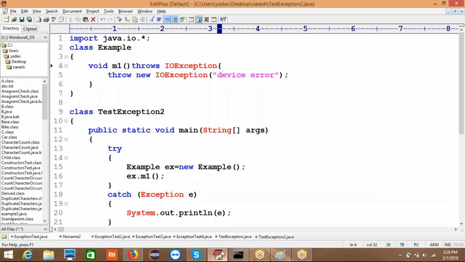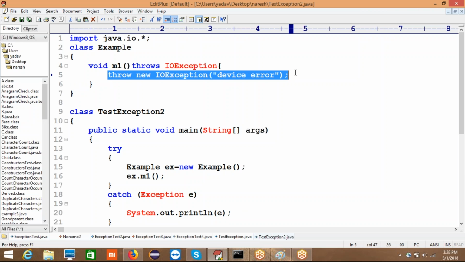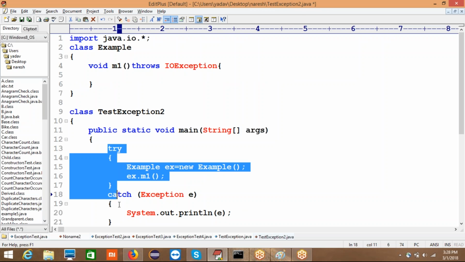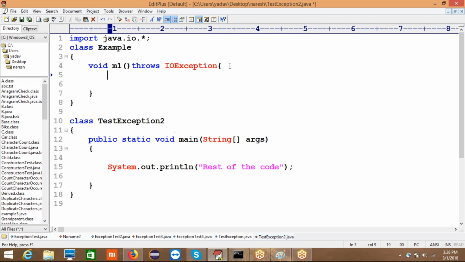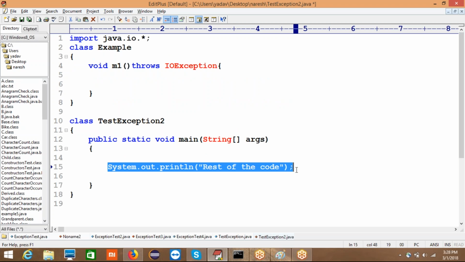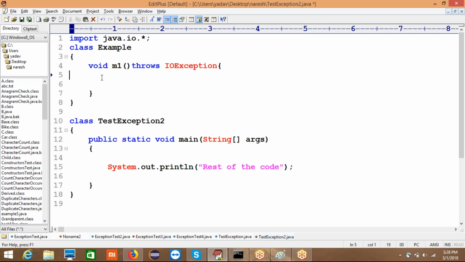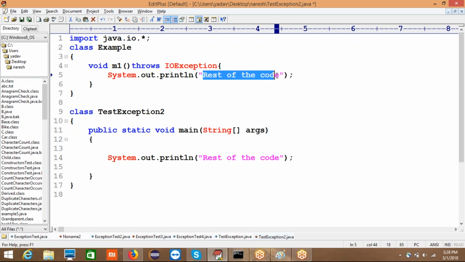So come to our code. I'm removing this line as well as these two lines. Now what I'm doing here is I'm going to write this SOP statement inside the M1 method. This is called, okay, a device operation, so I wrote it inside the M1 method. In the main method,